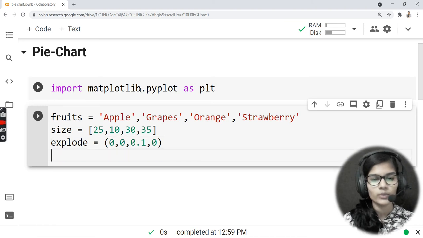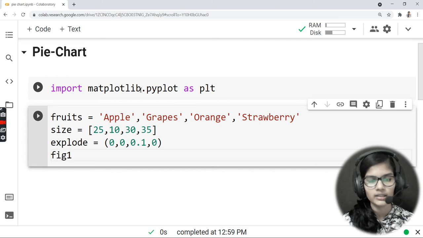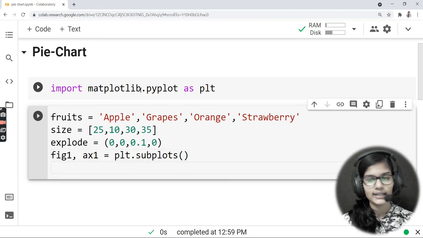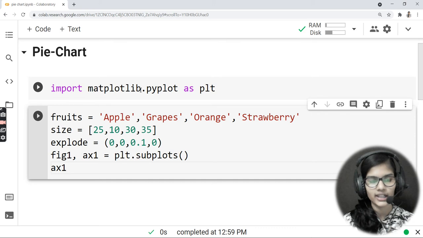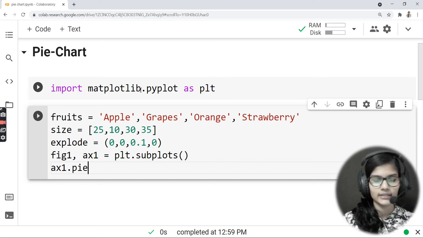Now, after that, what I would just do is define the figure and the axes. So I will define here fig1, comma, ax1, and that would be plt dot subplots, and here goes the bracket, right? This is actually done. Now what I would do here is plot out my pie chart. So in that case, I'll be writing here ax1 dot pie. This pie means that I want to plot out my pie chart here. Right, put out the brackets here.